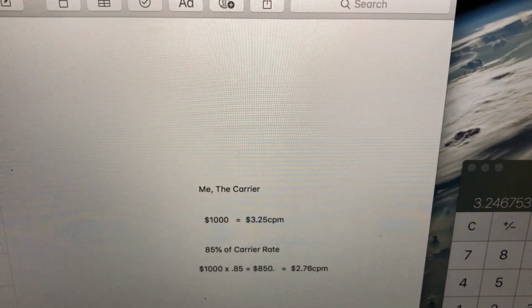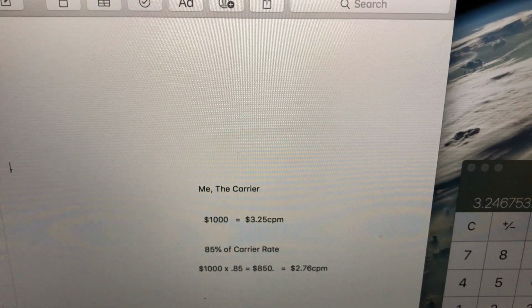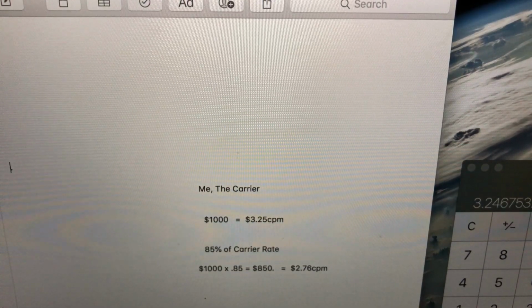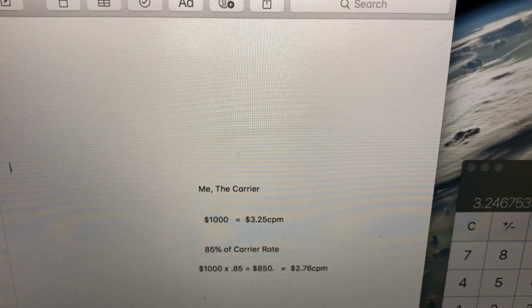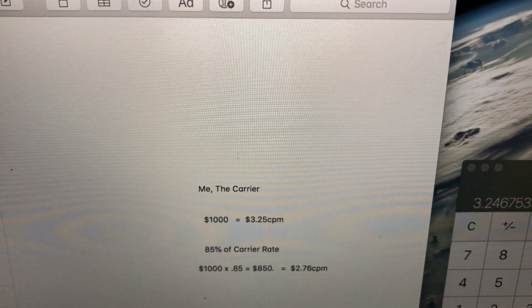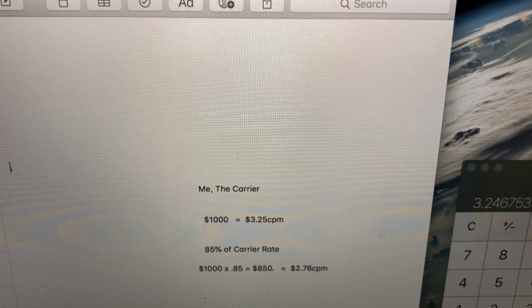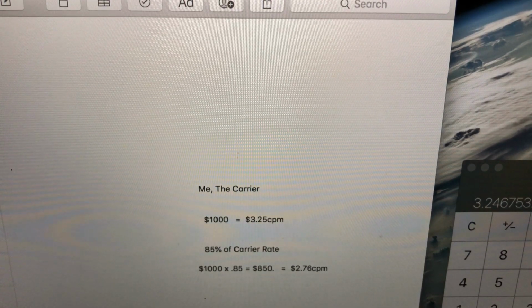My brother, he's a Landstar BCO. All right. And also my buddy Danny, Mr. Show You Right, he's a Landstar BCO. That's two drivers that are BCOs at Landstar. I'm close friends with both of them. Now, we just happened to end up running a load. They was going through Landstar, and I was going through the carrier thing. We was picking up at the same pickup. We was delivering to the same customers. The only difference there is